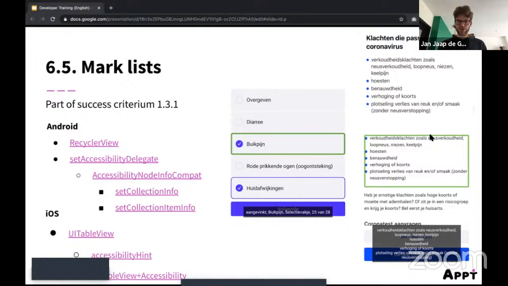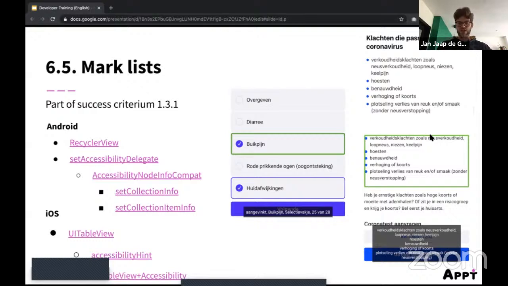It reads all of these items as one block of content, even though visually it's a list. So if they want to check, oh, symptom 1, do I have it? I don't know. Symptom 2, oh, but they can't navigate to symptom 2 or symptom 3 because all the symptoms are read aloud at the same time. So it can be really difficult for them to check, do I have this symptom, yes or no, because they get a complete list of all symptoms in one go.